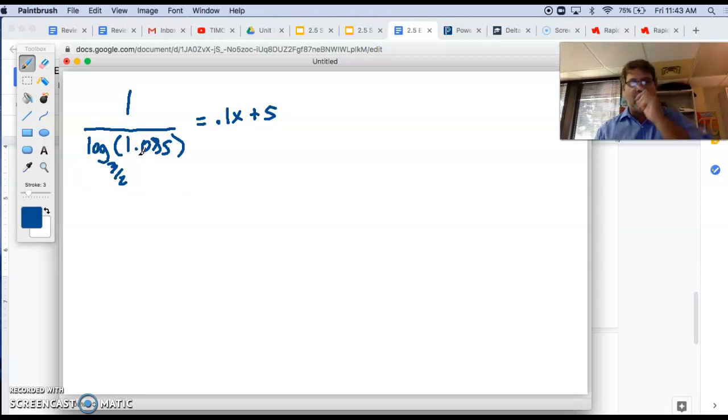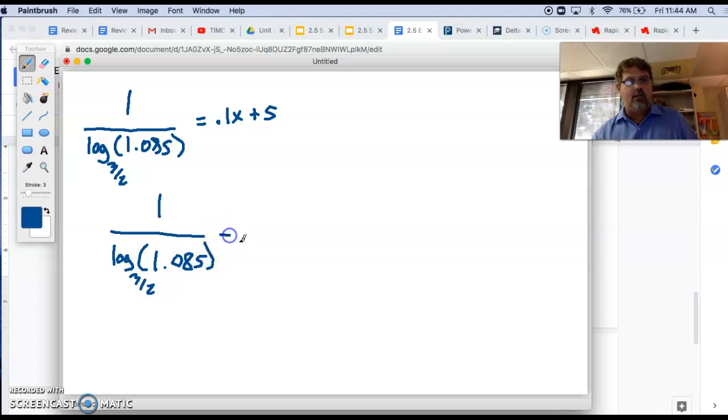Now if you go into your calculator and turn these into decimals and you start approximating through several steps, you do lose your accuracy if you're not careful doing that. So I prefer to get to the end of it and then put it in the calculator at one time. So now I'm going to subtract 5. Right, so I'm going to have log, it's a lot of writing, right? Log base 3/2 of 1.085 minus 5, and that's equal to